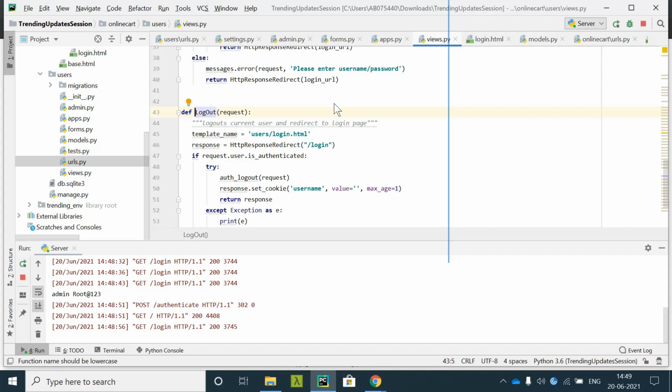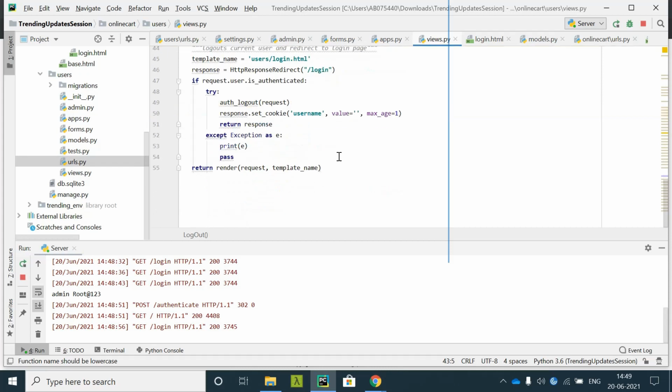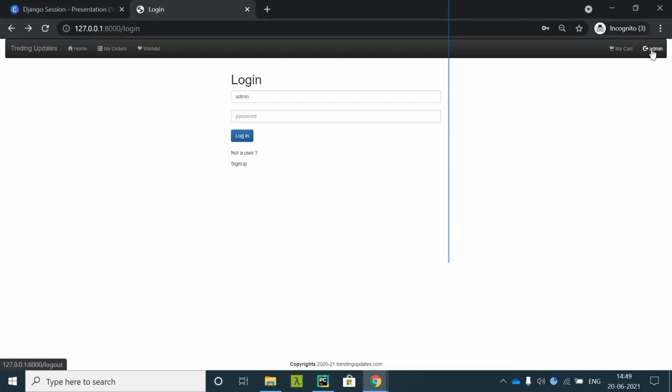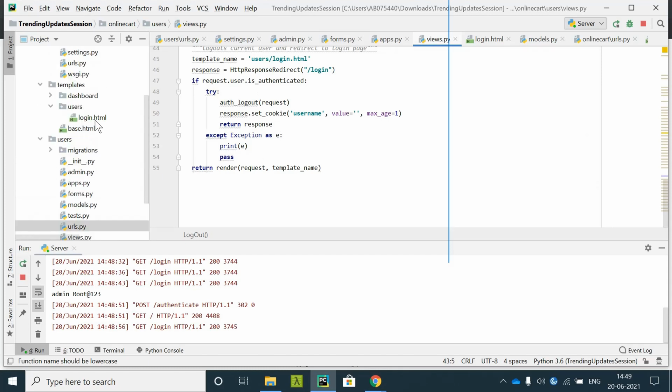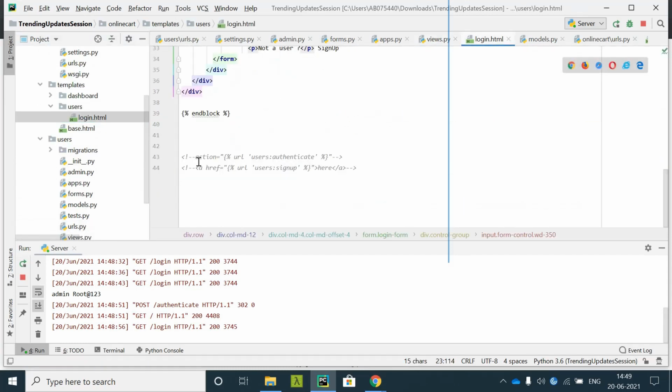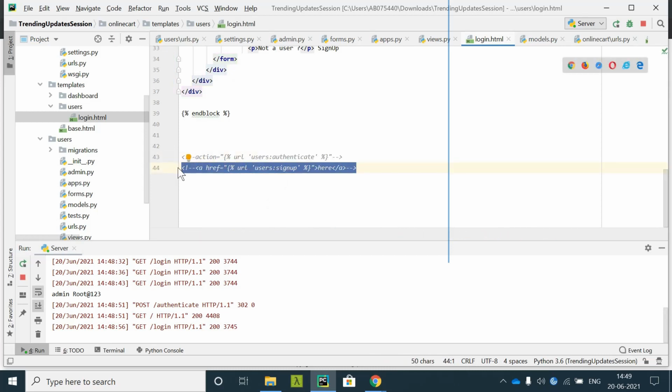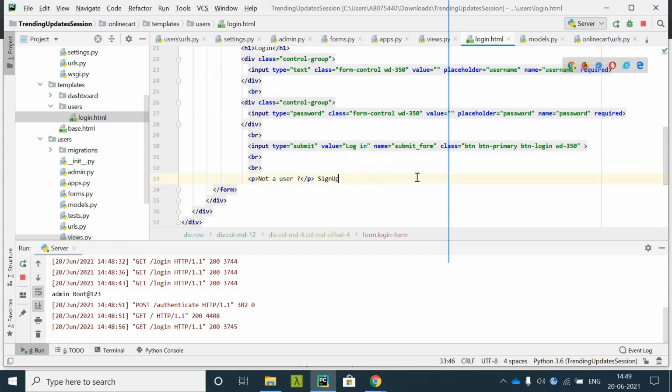Now we'll see about the sign up page. We will be seeing many login pages where it says, if not a user, please sign up here. So I had removed this code from the login.html, because I didn't have the proper view for it earlier. So cut, and I'll just paste it over here.